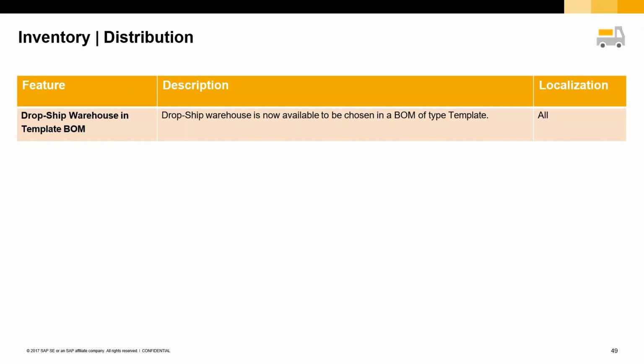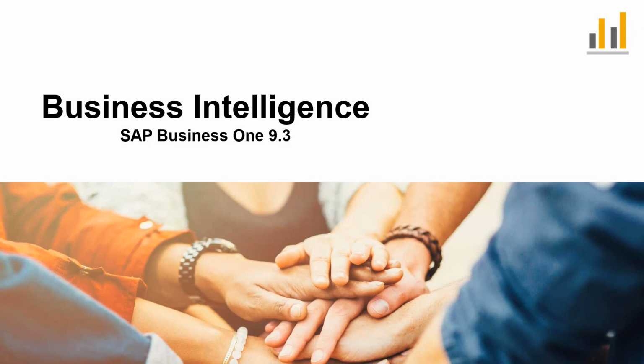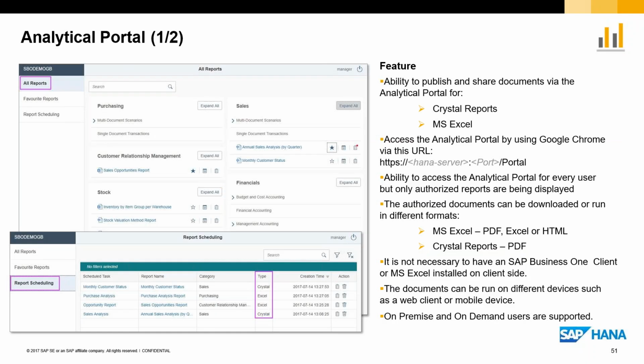And in case you are using it, under business intelligence, which is available, as I told you from the beginning, only for HANA, there's a new analytical report where you can have Excel reporting and Crystal Reports that are available on the web version. You can see it from the portal. You can schedule this report to be sent to any platform. So